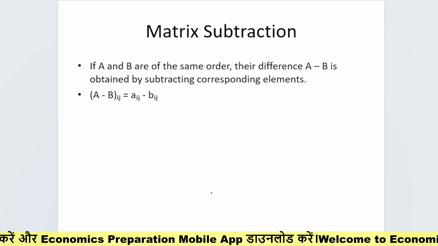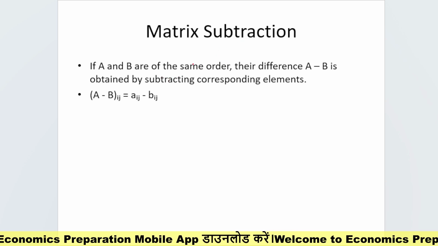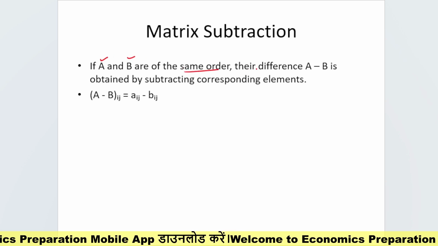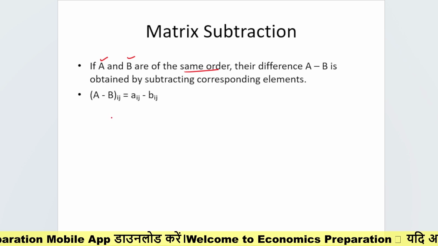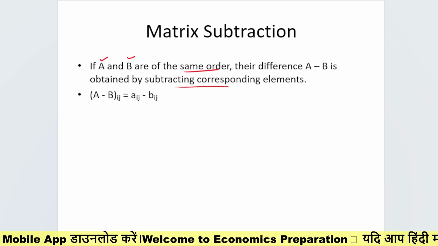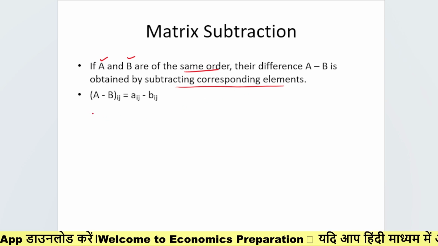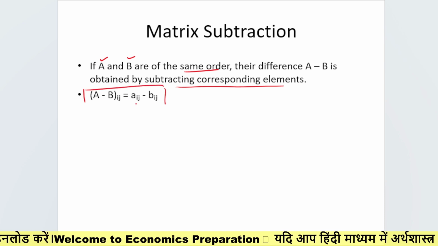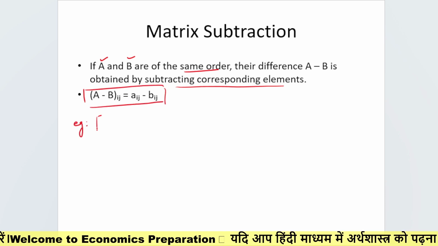Again, the matrix subtraction will be the same. If we have two matrices A and B of the same order, then their difference will be calculated by subtracting the corresponding elements. Okay, तो ये इस तरीके से हमको प्राप्त होगा। एक एग्जांपल के तौर पे इसको भी समझते हैं।